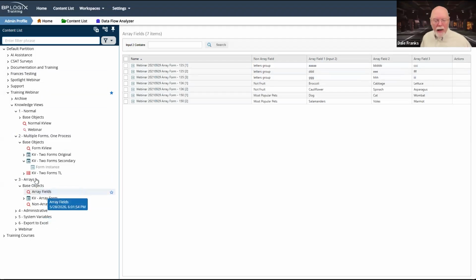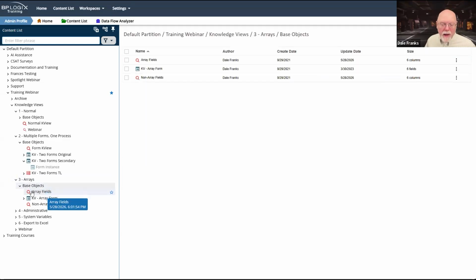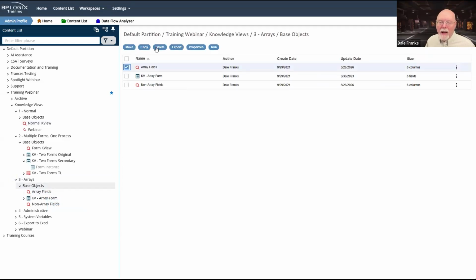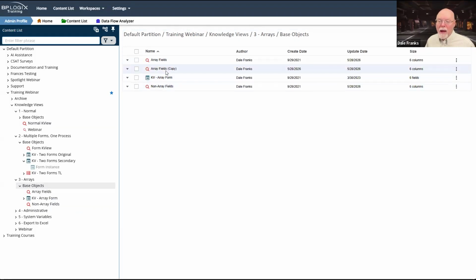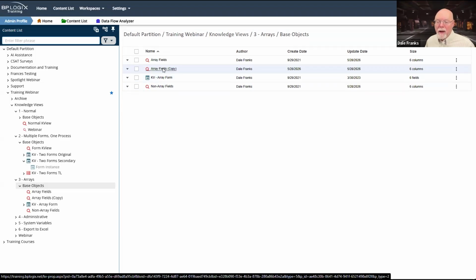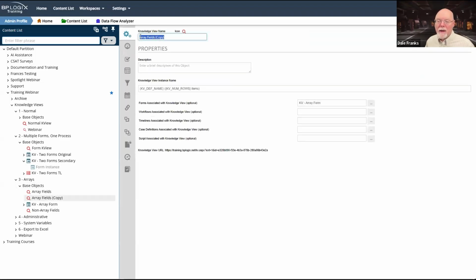Now, I should point out, I'm including the array fields here. I'm just going to copy this one, and I have array fields copy. And I'm going to change this to don't use array fields.